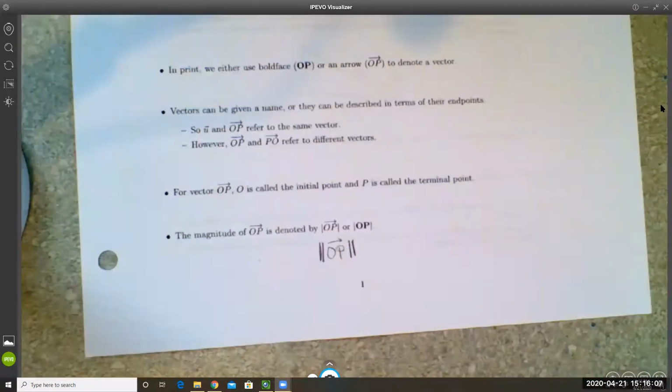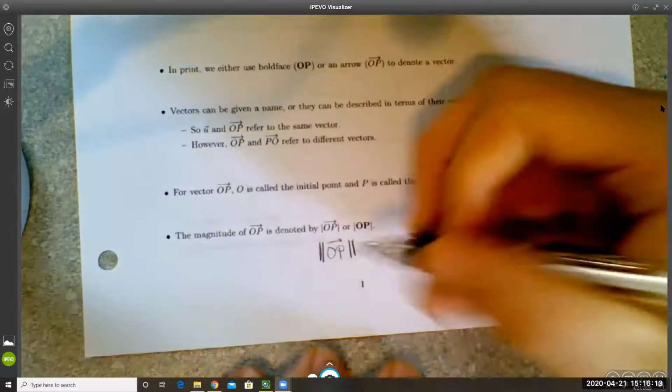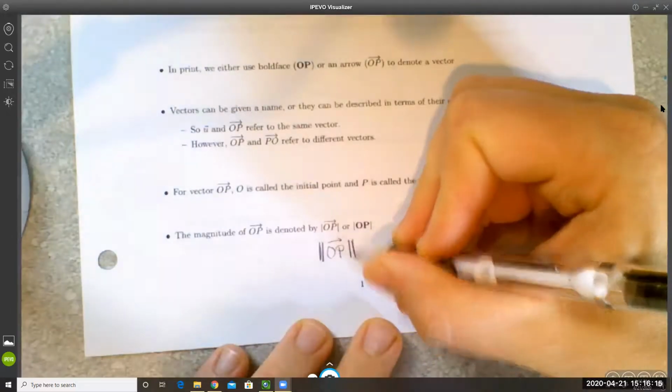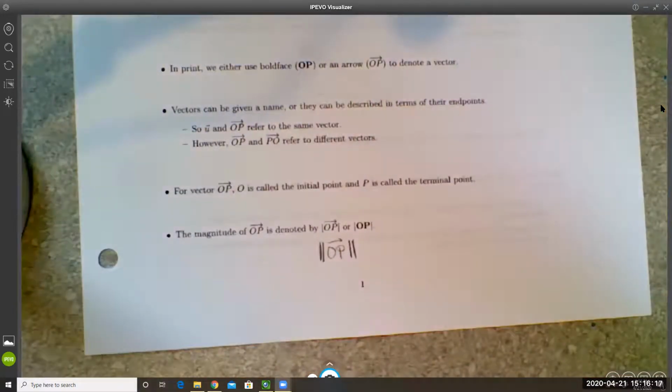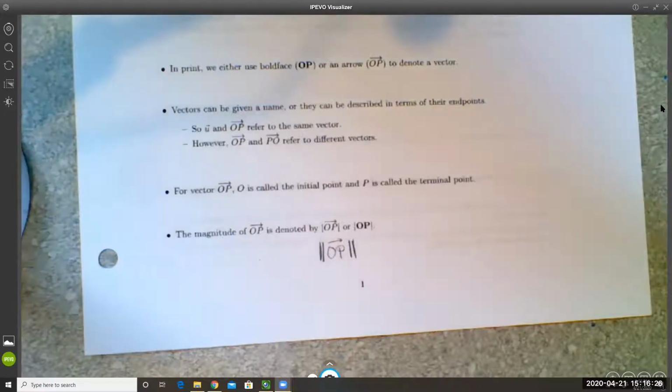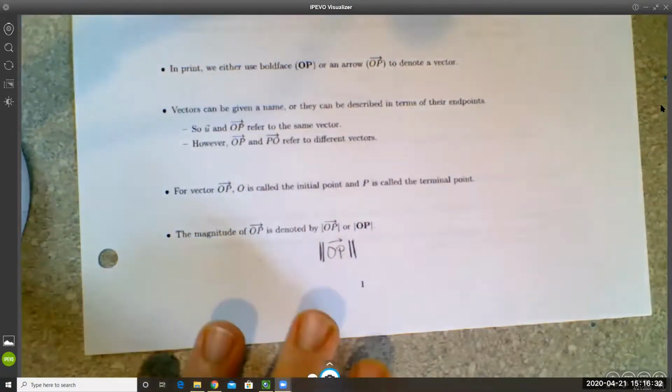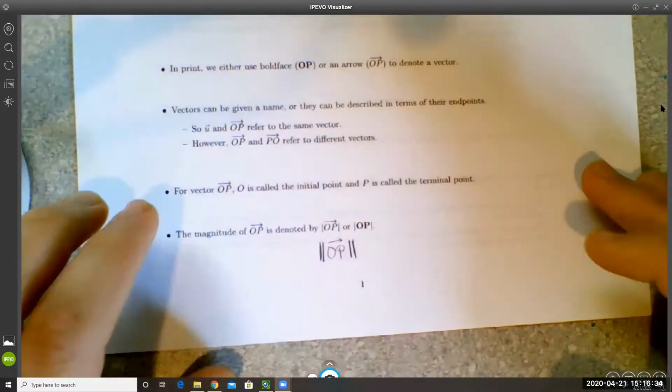I kind of like the single absolute value notation myself, because if you think about what the absolute value does, it takes a real number that's negative, makes it positive. It takes a real number that's positive and keeps it positive. So it spits out the magnitude, right? That's what the absolute value is, just the magnitude of a one-dimensional vector. We'll probably talk about that a little bit more in the next section. But anyway,